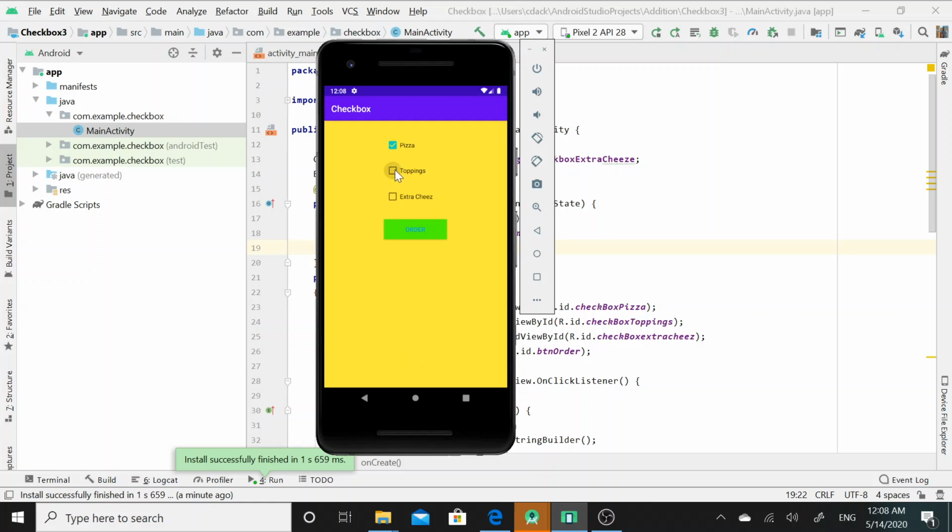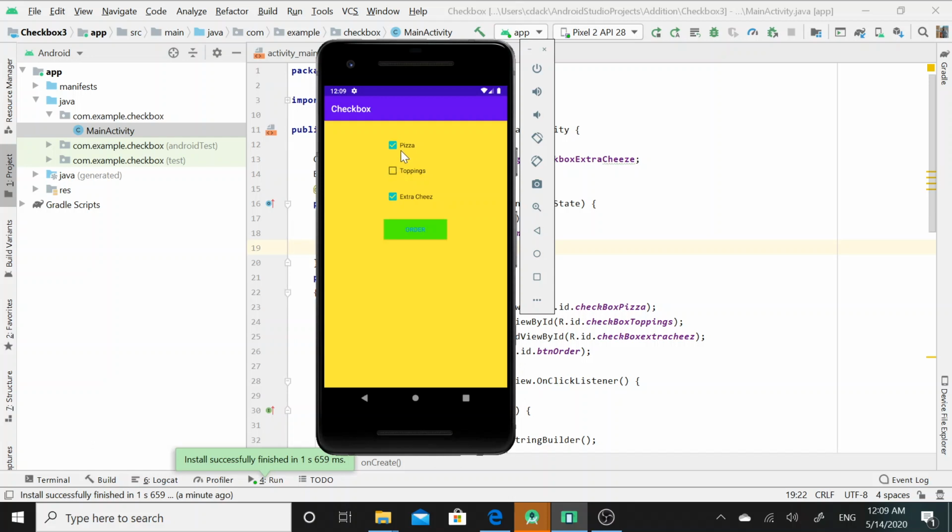If the user has selected pizza with extra toppings and places the order, then the user order is pizza for 100 rupees, toppings for 50 rupees, and the total amount the user needs to pay is 150 rupees. If the user has selected all three checkboxes, pizza, toppings as well as extra cheese, then the user needs to pay 230 rupees, 80 rupees for extra cheese, 50 rupees for toppings, and 100 rupees for pizza.